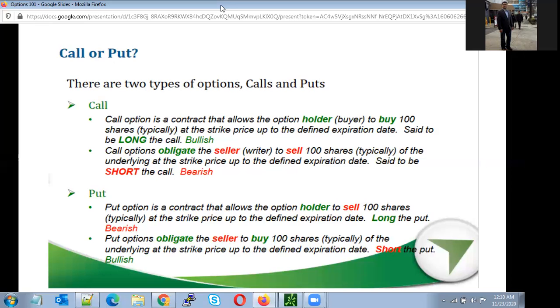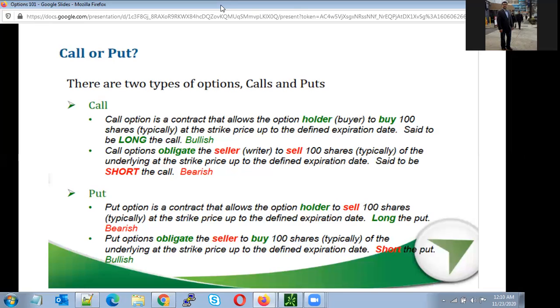When you sell the contract, buying is a choice. The buyer has a choice to buy on that particular day, or they can leave it and say, I don't want to buy, because the price is going down and what I bought is not going to make sense. So the buyer has a choice to complete that contract.